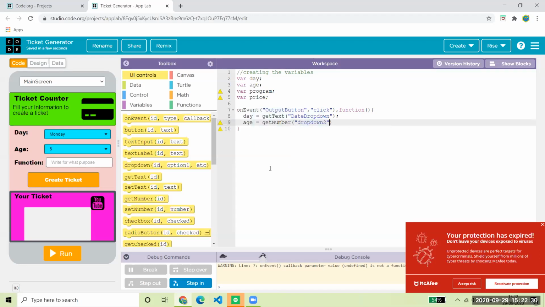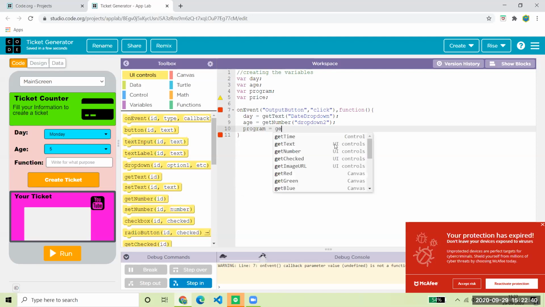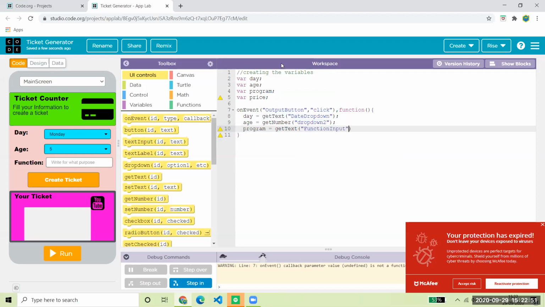Now it will fetch the data from the age. And program equals get text from function input. Now it has updated our variables.